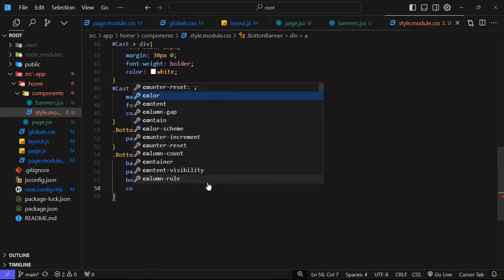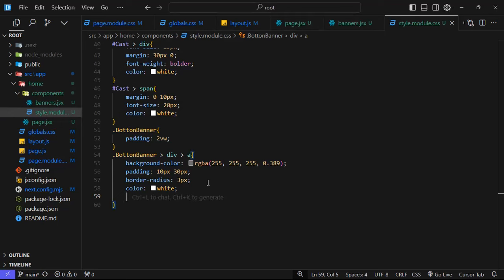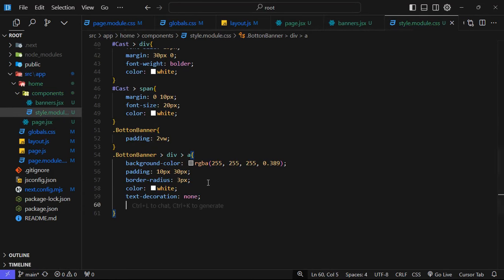Okay, color to be white or white. I think white it's fine. I will say color as white. Now next, let's see, text decoration to be none. Text decoration to be none. Next, I can basically say